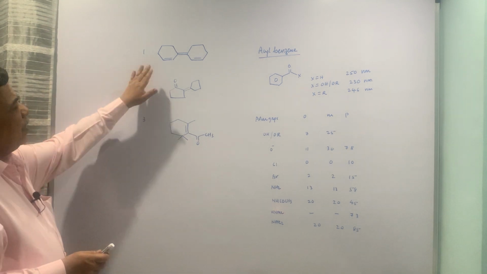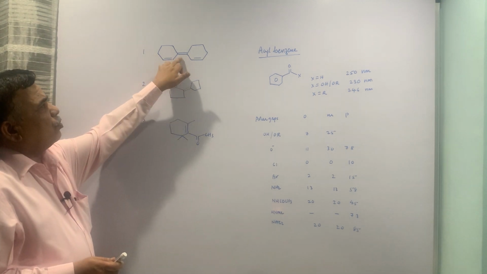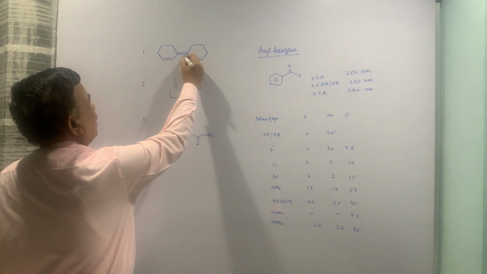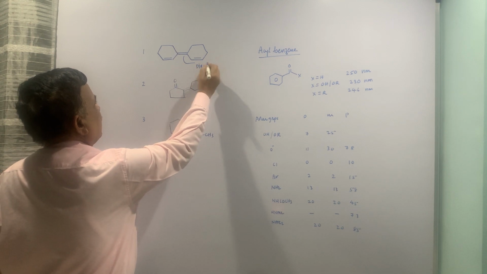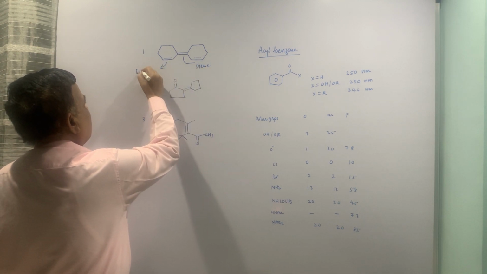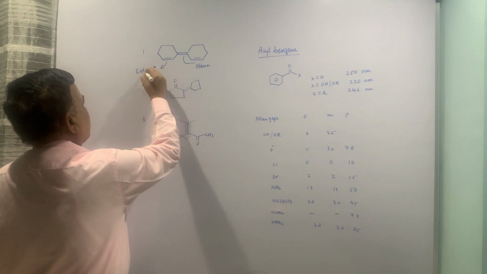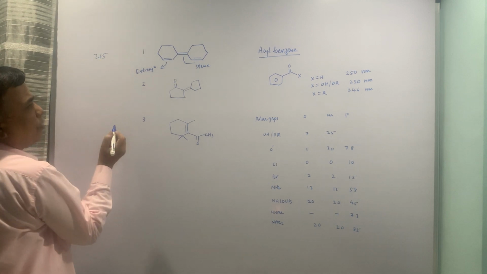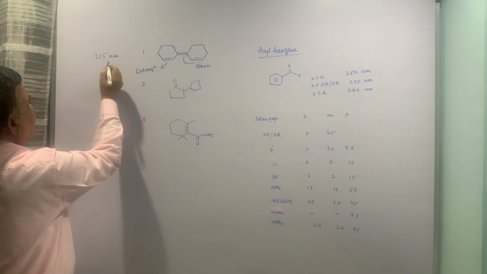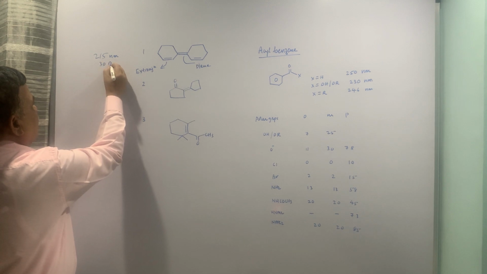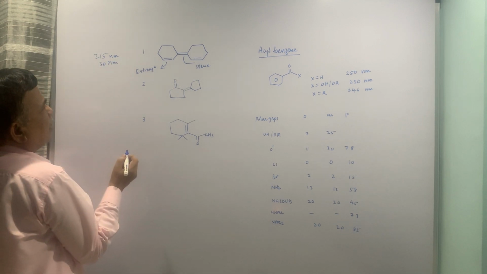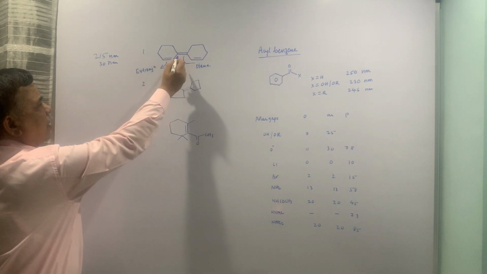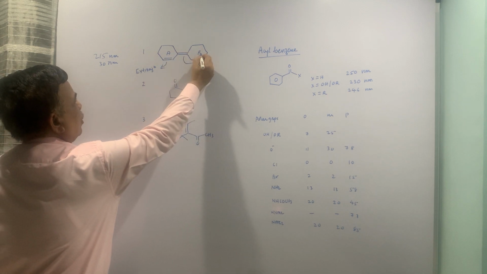So the first compound is a diene chromophore. Now here you can see that either these two or these two would be diene. So naturally, if this is diene, then this is extended conjugation. Okay. So basic lambda max would be 215 for heteroannular diene, 30 is extended conjugation, then exocyclic bond. The central double bond is exocyclic to both the rings.